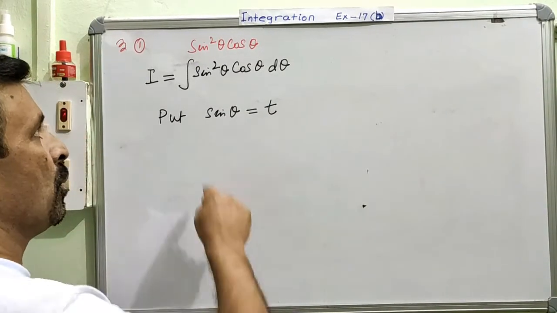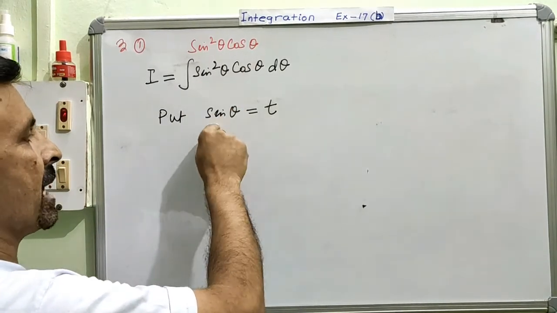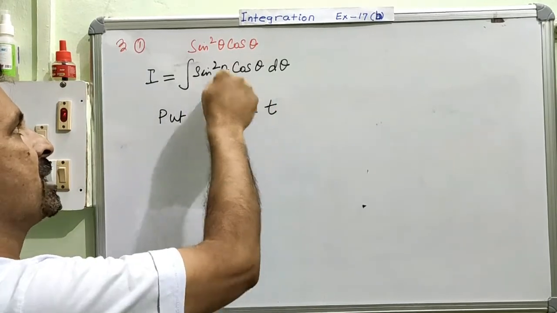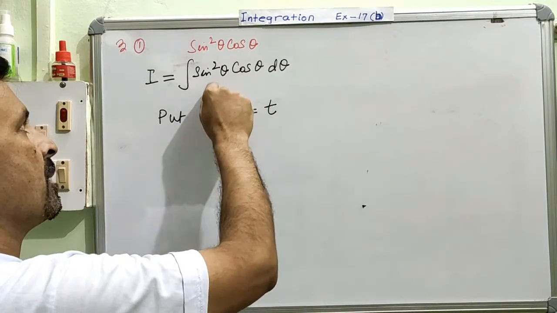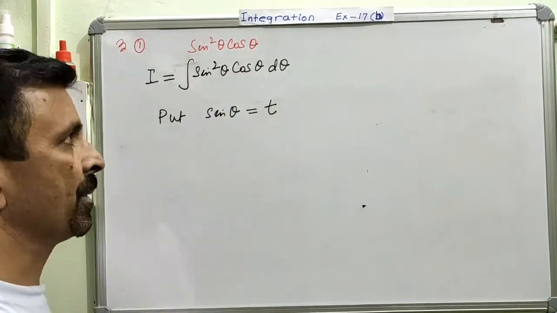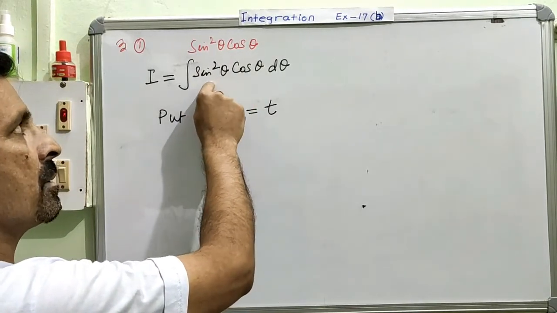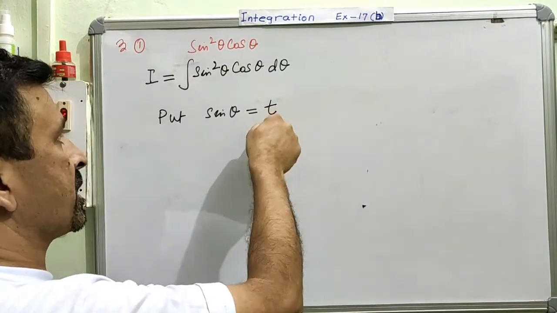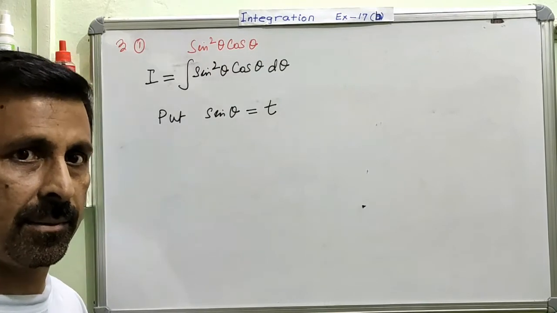Clear? Now for this sine theta, is this going to be replaced by t? Sine theta is assumed as t, that means the sine square theta will be written as t square, right? Now in this function we need to have all the same variable. All the variables have to be the same. So you are substituting the t for this. So t could be one of the variables. Now when t is one variable, then how can we have the other variable? Is this very clear or not?